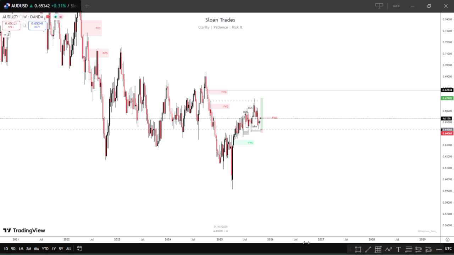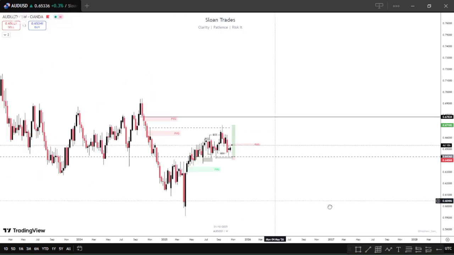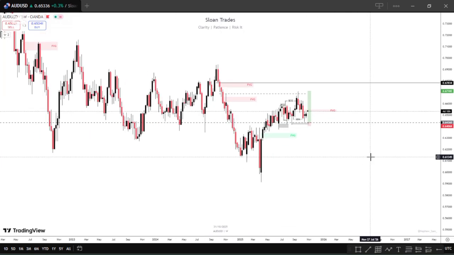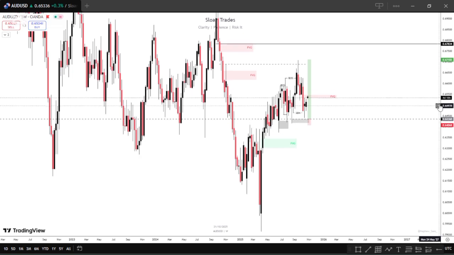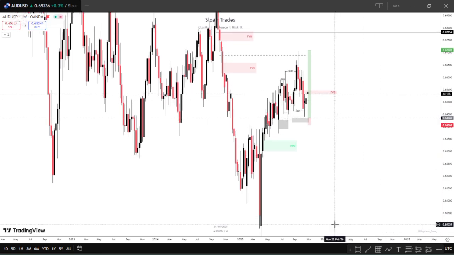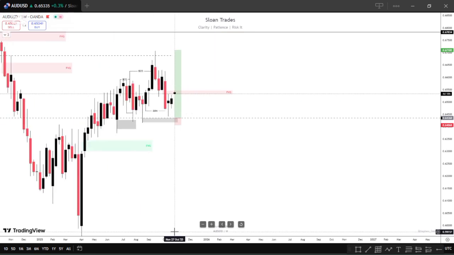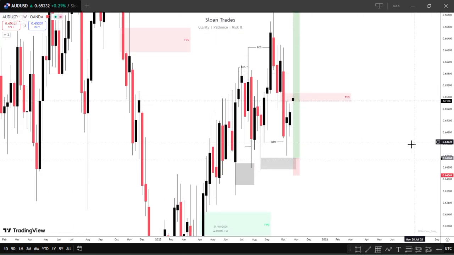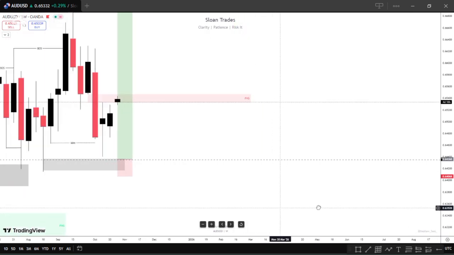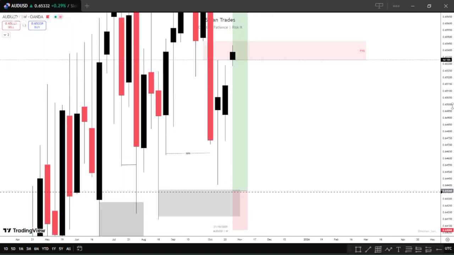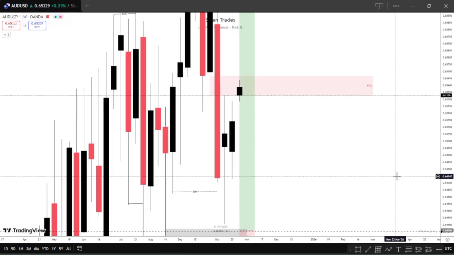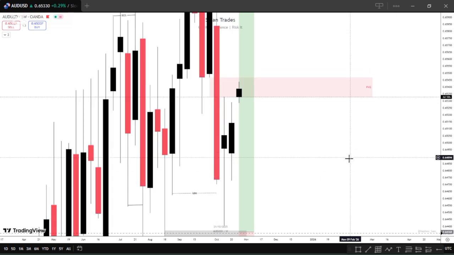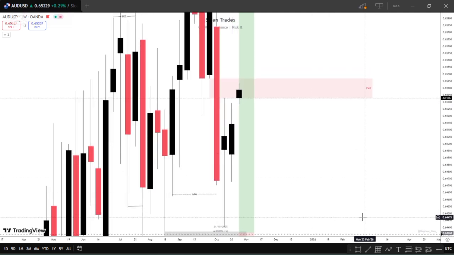Okay, so I would also want to check the DOL or the CRT, that's the draw on liquidity or the candle range theory, in order to understand what last week's candle did and what this week's candle is doing. Okay, so already the market has opened with a gap. So that gap has now propelled another liquidity zone or another space in between. All right, so the draw on liquidity here is basically